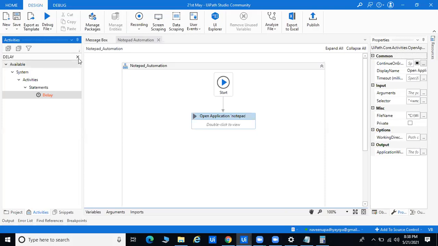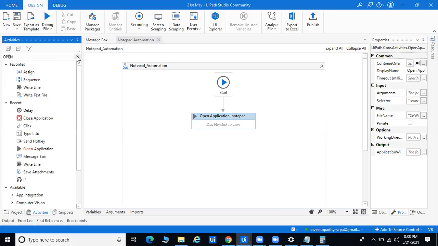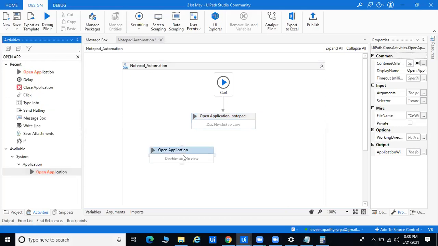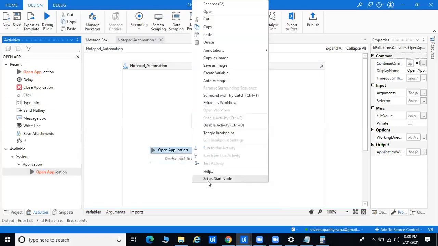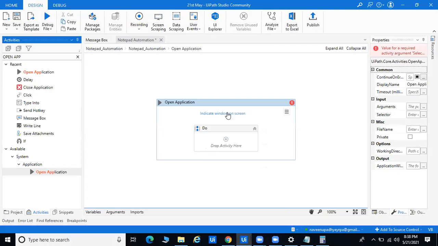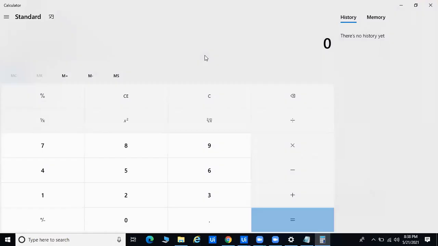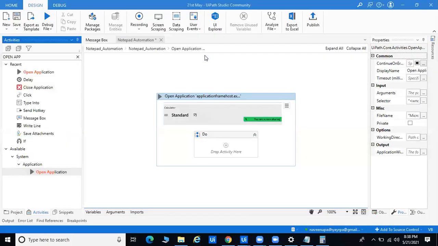Here we will take the same thing, that is called Open Application. Simple drag and drop, and connect to this part. Set start time, and we'll try to spy the calculator. Okay. So in case your calculator is minimized or maximized, that's not an issue for the user. Okay, so it's clear.